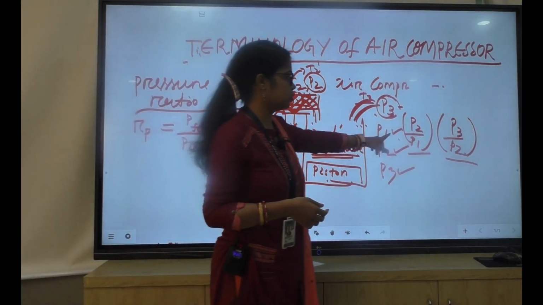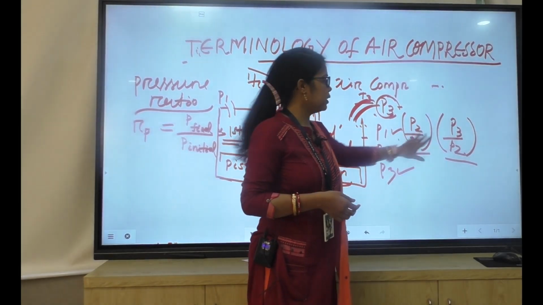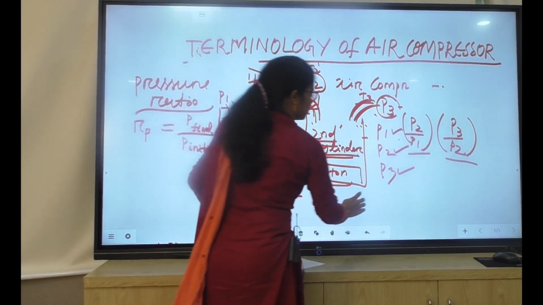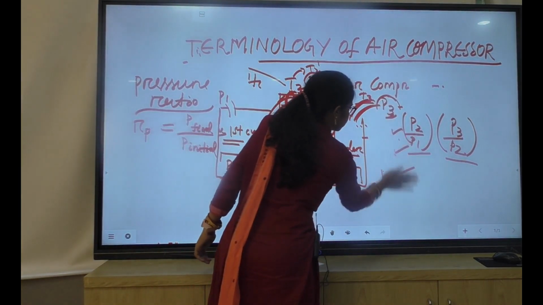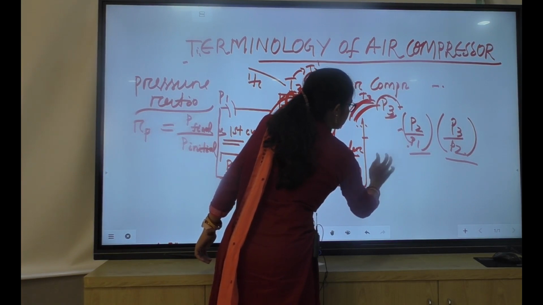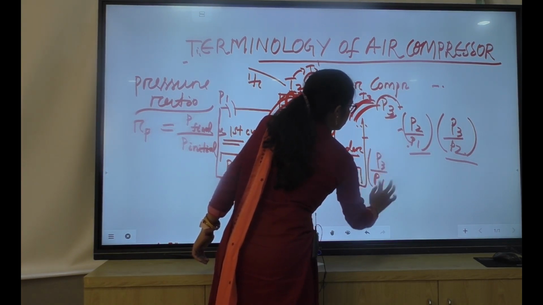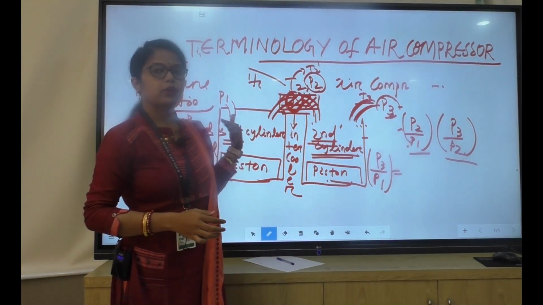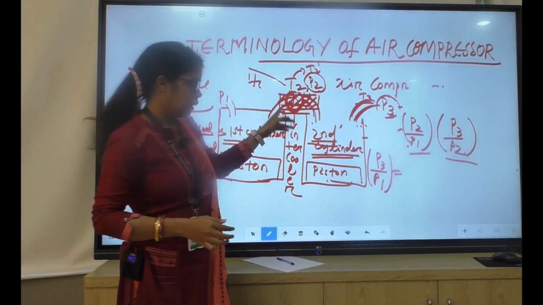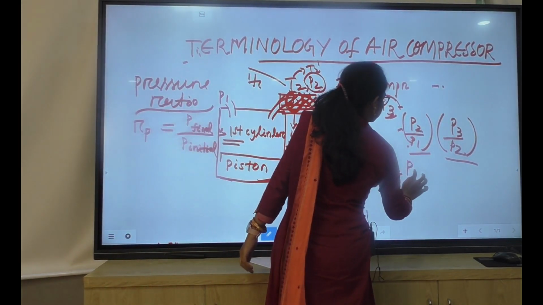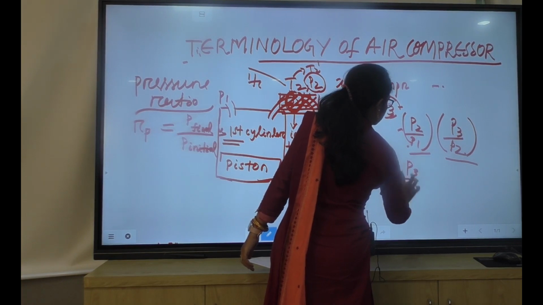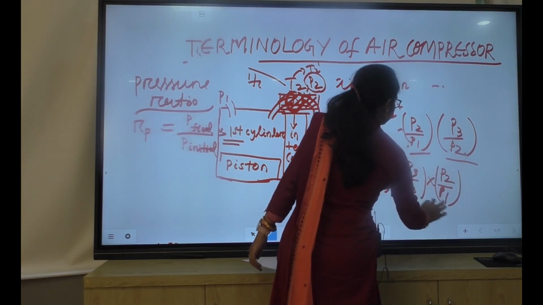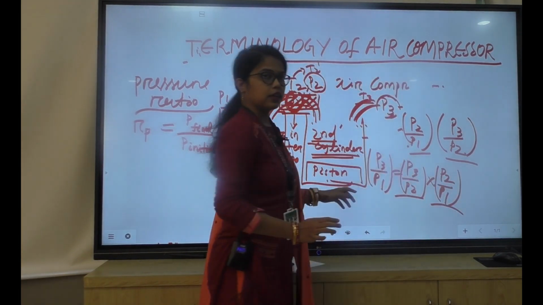That means there are two types of pressure ratios, one is P2 by P1 and P3 by P2, and overall pressure ratio, what will be the overall pressure ratio? That is P3 divided by P1. Overall pressure ratio means what is our required pressure divided by what is the initial atmospheric pressure, and P3 by P1 is equal to P3 divided by P2 into P2 divided by P1. Okay. That means that is the multiplication of